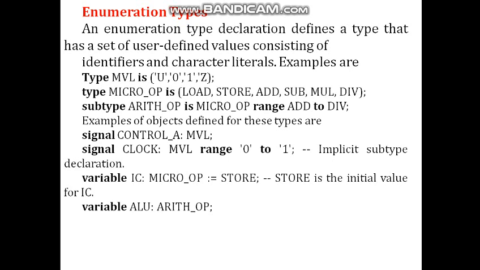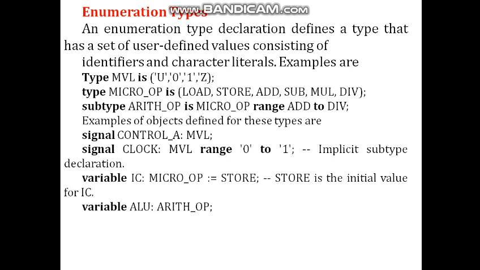That is, when using a relational operator, a value is always less than a value that appears to its right in the order. For instance, in the micro_OP type declaration, store < division is true and subtraction > multiplication is false.